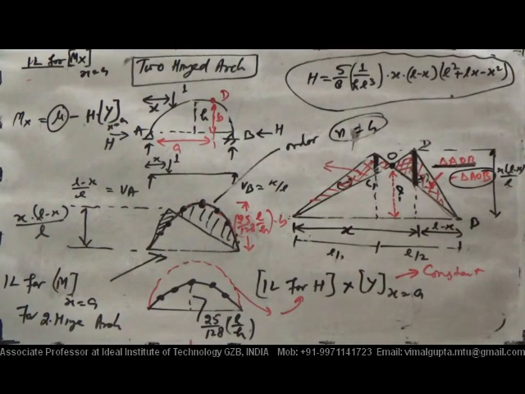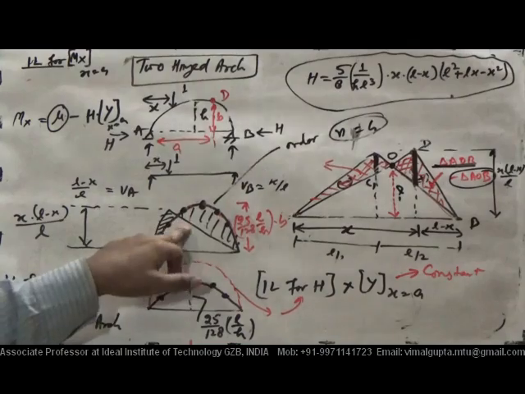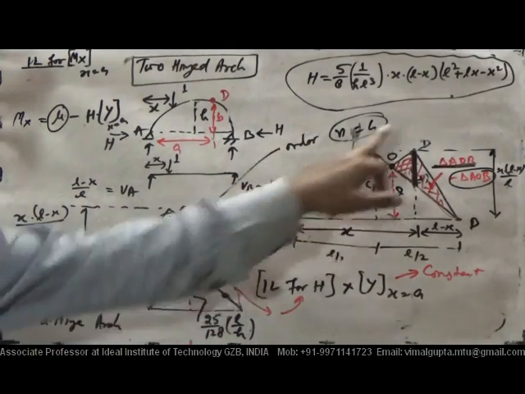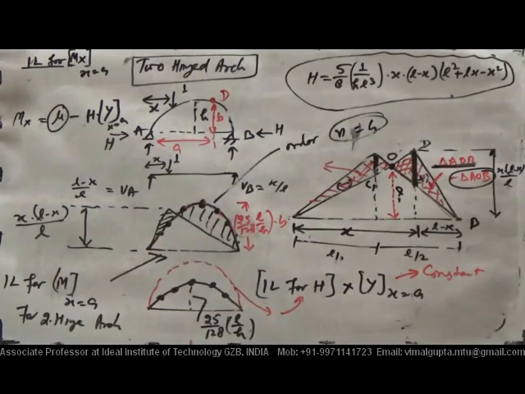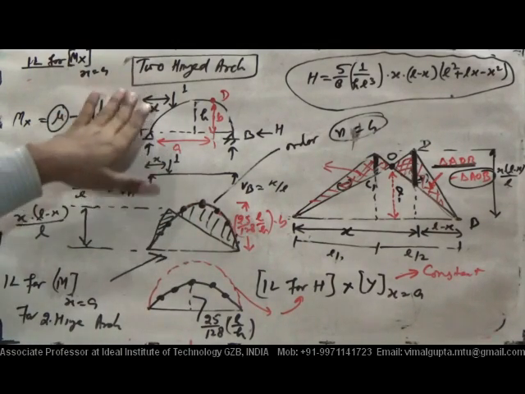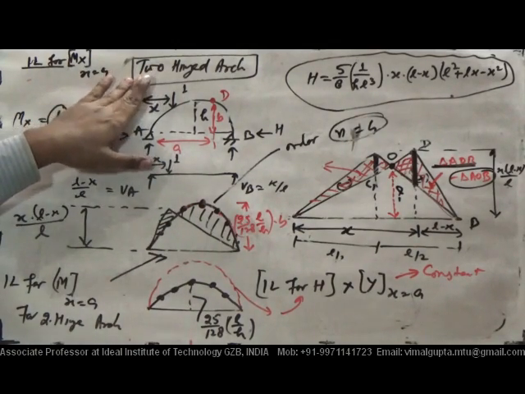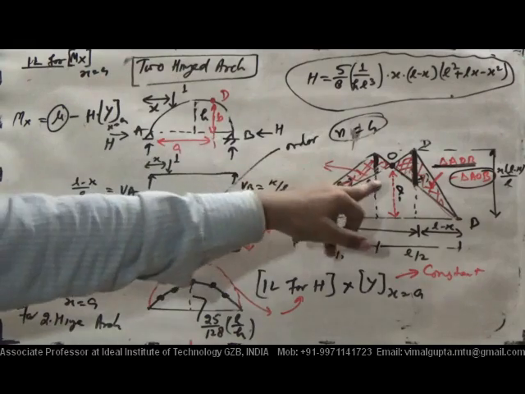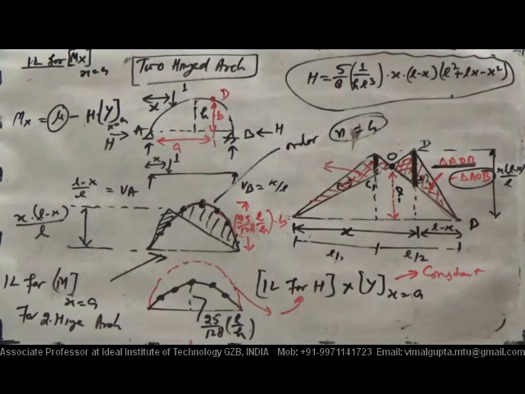Therefore, this one is a curve type of shape. In here, it is a straight line type of thing. Why is it a straight line? Why is it a curve? It is because only the two-hinged arch is indeterminate. Okay, this was for the determinate type of arch. Okay. Now,